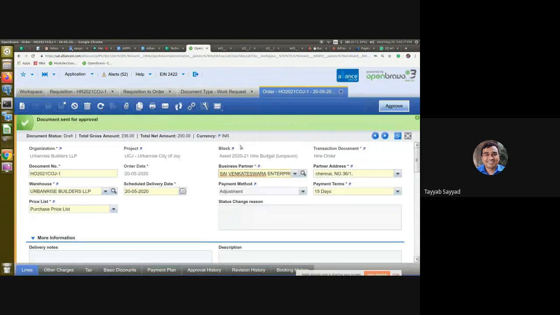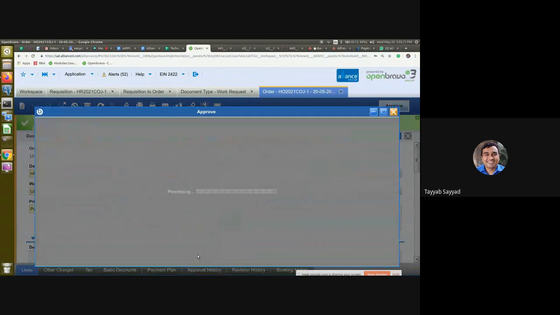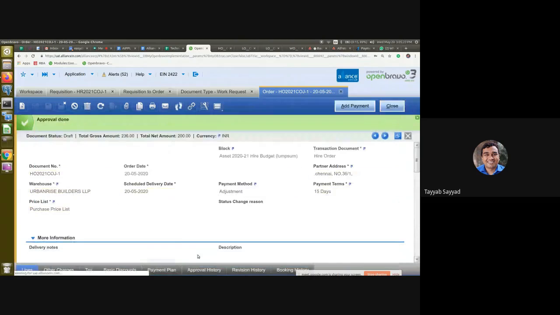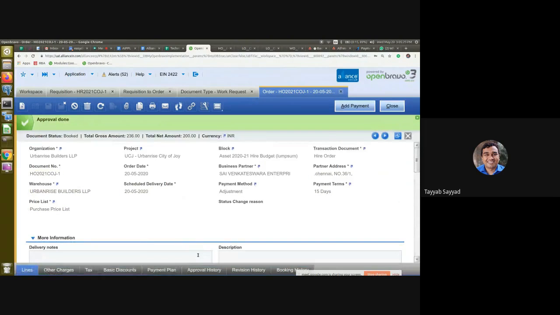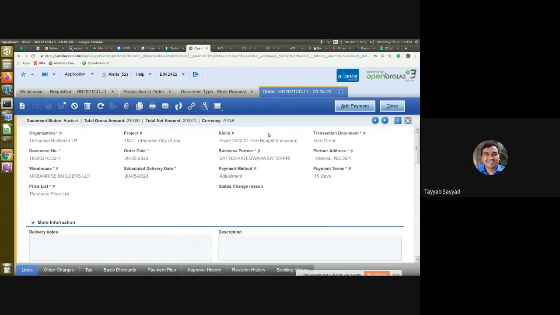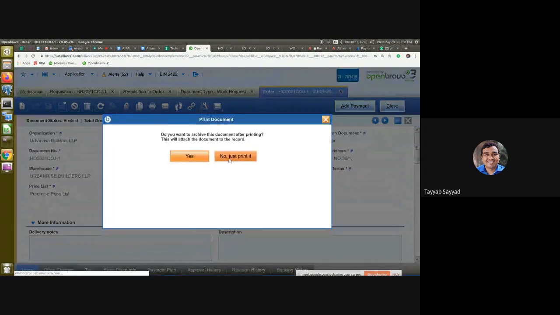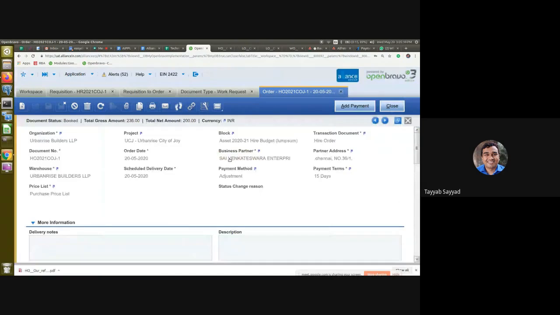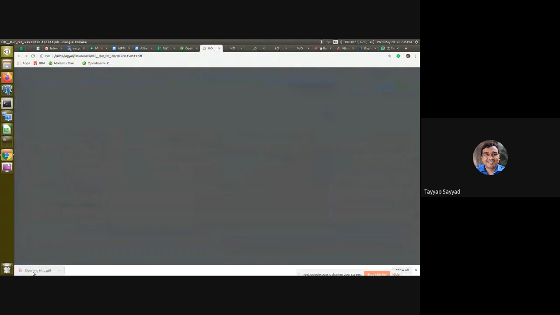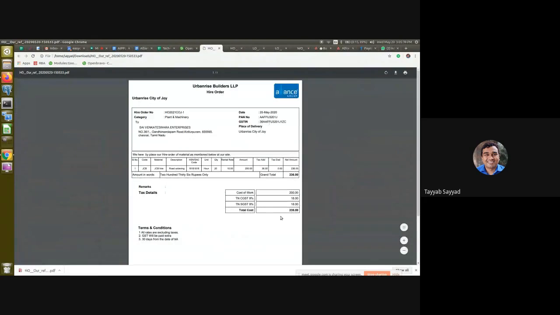Okay. And then I'll approve this one. So after approval, this record gets frozen. And you can take the printout again for the hire order without watermark. The watermark will go away and the taxation will show up based on the items we used.